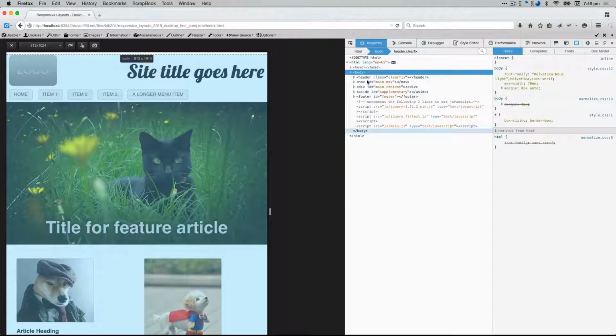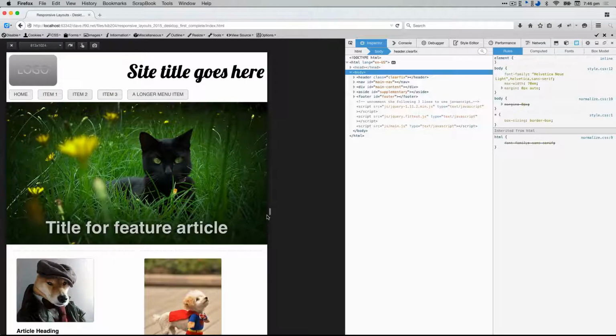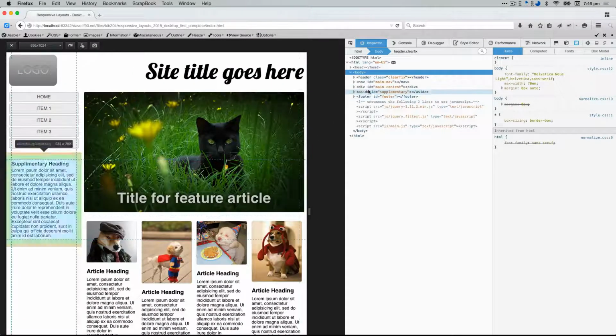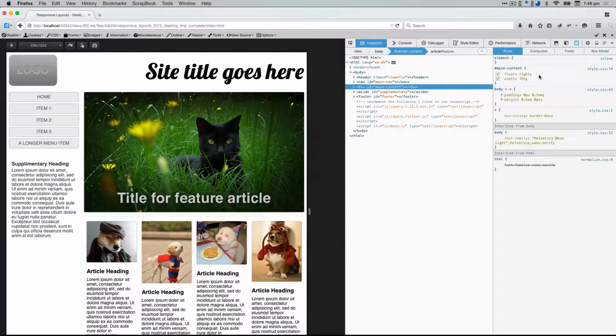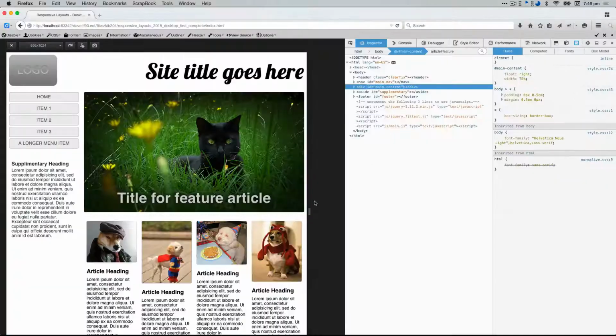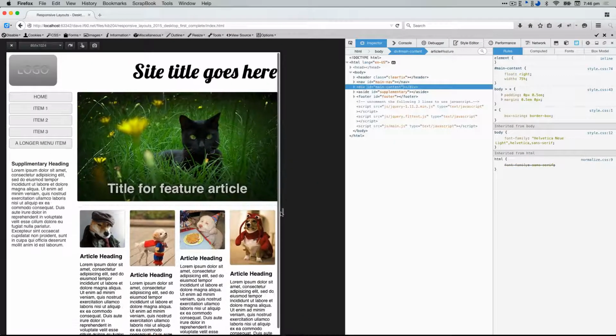So let's go back again. Full size, the main content. There you can see it is defined, float right, width 75%, and it's on line 74 of my style sheet. As I size down,